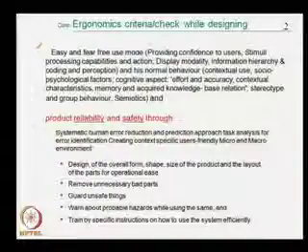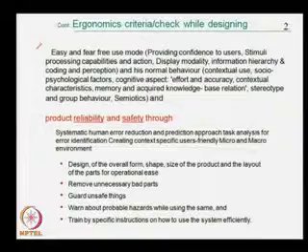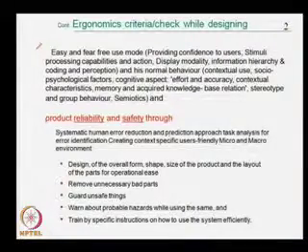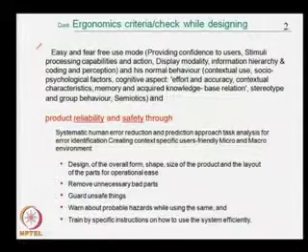Now, the product reliability and safety through systematic human error reduction. When I make a product, there may be some mistakes, some errors. So, gradually, one after another, check the points and reduce them, with a prediction approach, task analysis for error identification, creating a context-specific user-friendly micro and macro environment. Through these 5 steps one can follow.